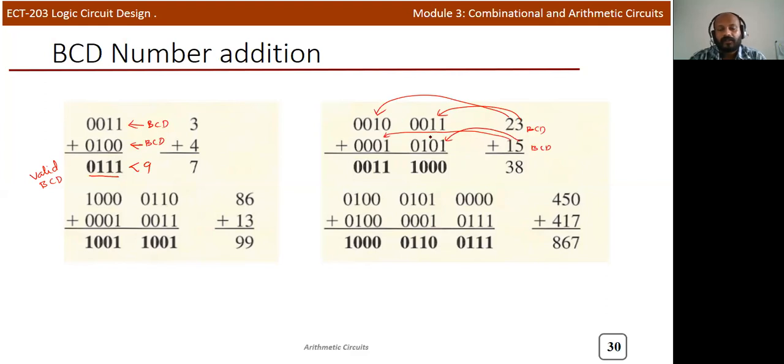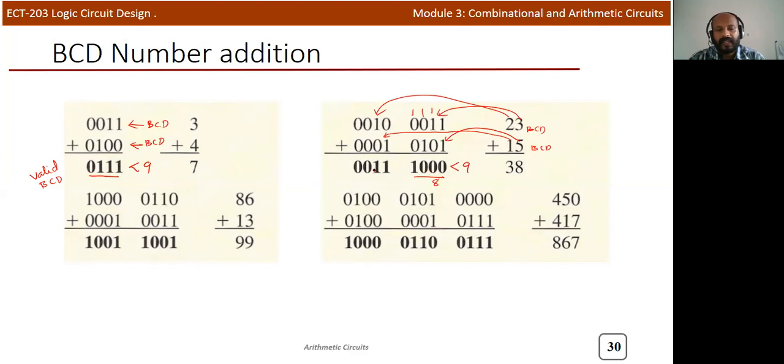Now we need to add. First we take 4 bits at a time. If you add the lower 4 bits first, 1 plus 1 is 0 with a carry, again 1 plus 1 is 0 with a carry, 1 plus 0 is 0 with a carry, and finally you get 1. The result is 1000, which is less than 9; it is 8.